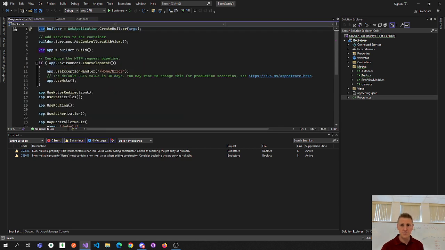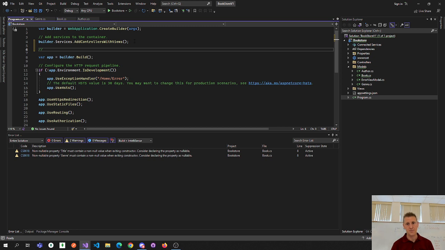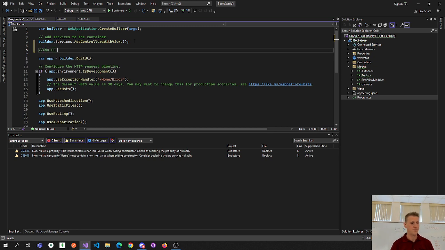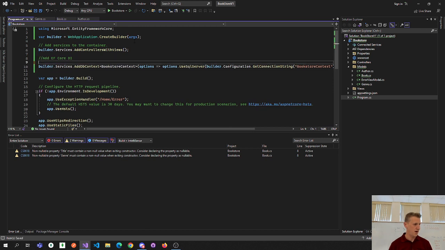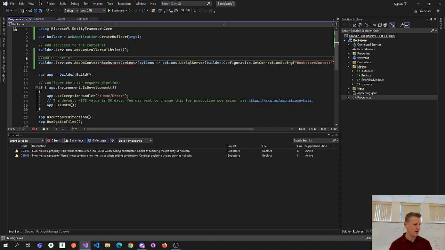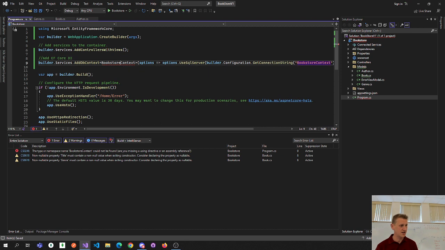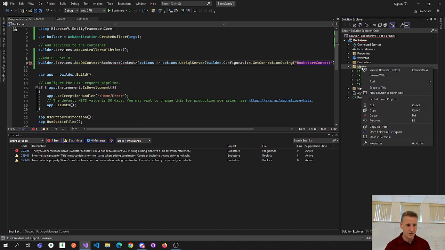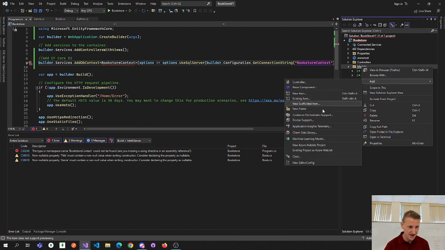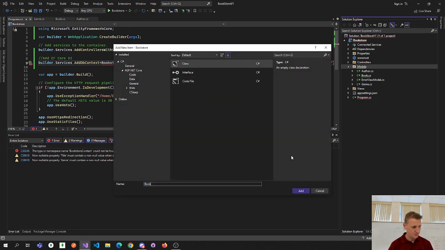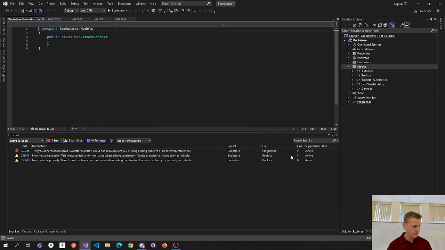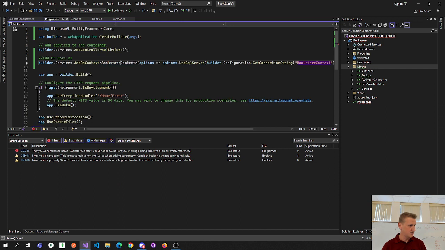and after the add controllers with view, add that line right there. Now we don't have the class BookstoreContext, so let's create the BookstoreContext class. Add class to at least make it recognized,